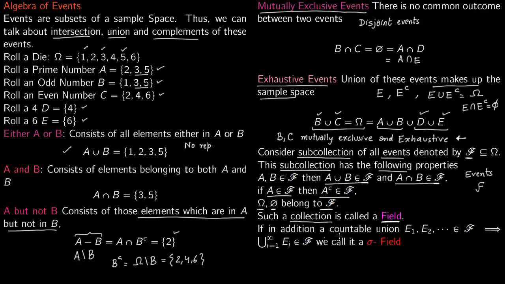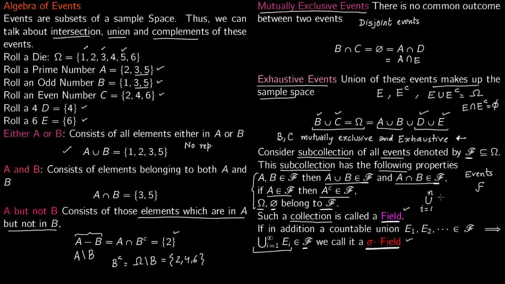So if in addition to these properties, so in addition to these three properties, if you also have that there is a countable union, so there is E1, E2, E3, E4 and so on, or like a bunch of events, and you take their union. So countable union means that you could go up to infinitely many subsets or events. So you take their countable union, it still belongs to the sub collection, then we call it a sigma field. So notice the difference between field and sigma field is just that there is a sign of infinity here. So if it was just a standard union like this,